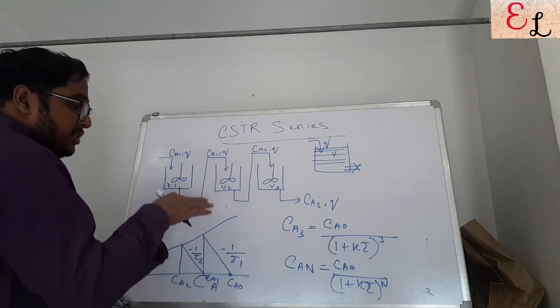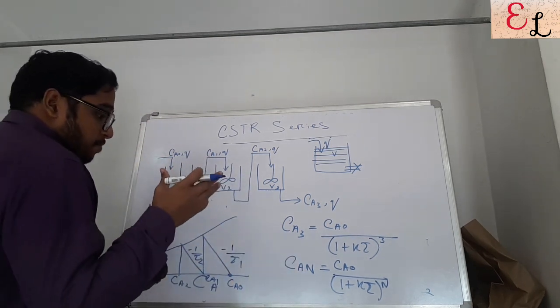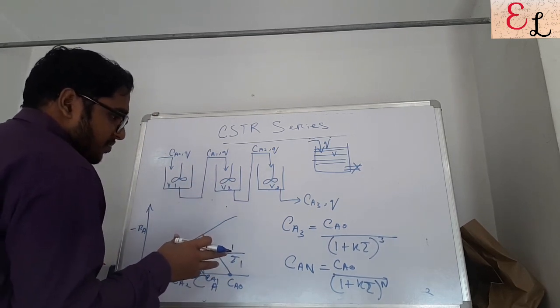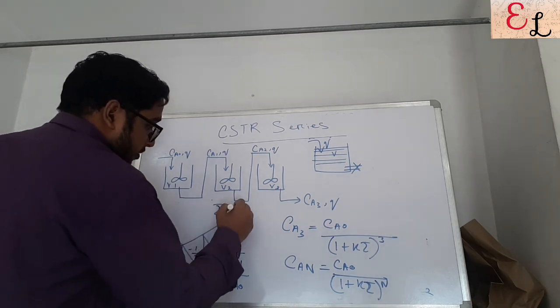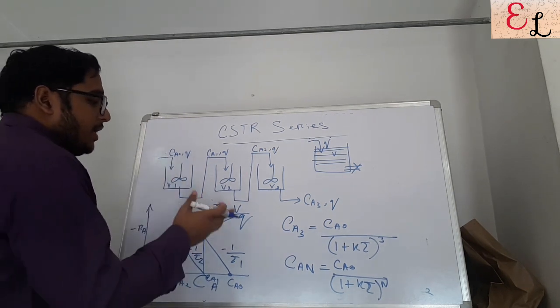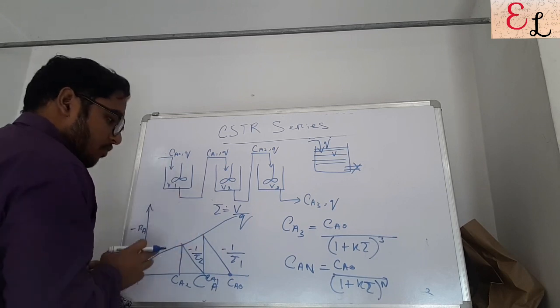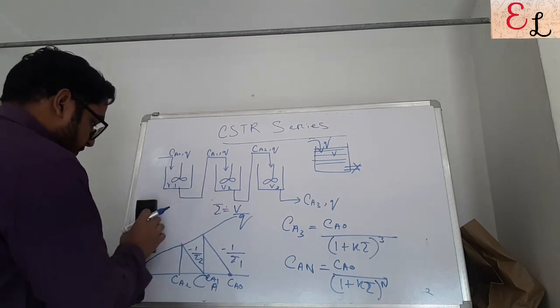This is the representation on a graphical level, and this is the representation on a numerical level if we consider it to be so. And remember, tau is nothing but V by Q for equal volume CSTRs, and tau 1 is equal to V1 by Q, tau 2 is equal to V2 by Q for unequal volume CSTRs. So as I was telling,